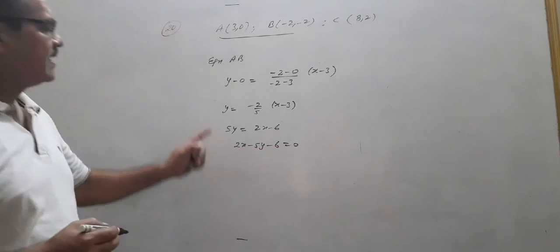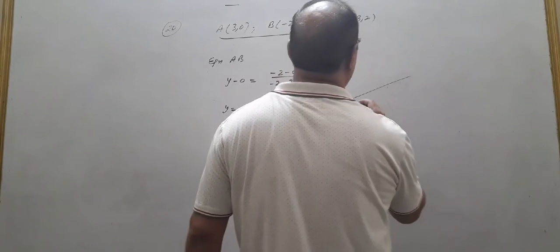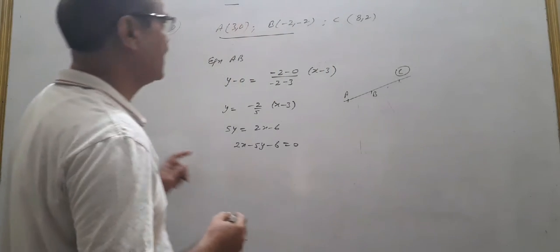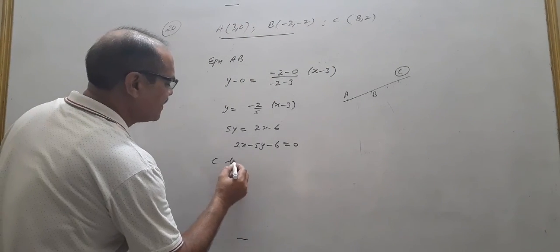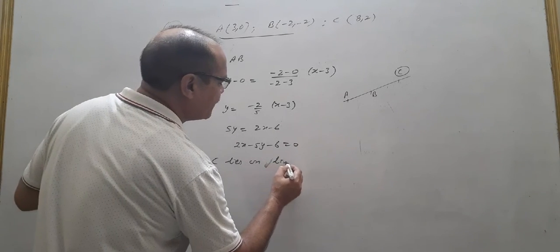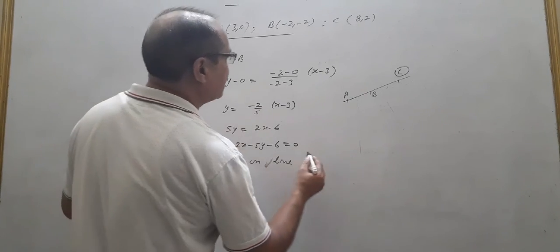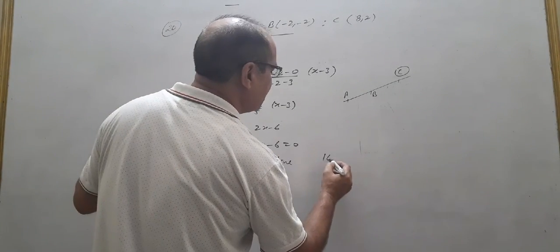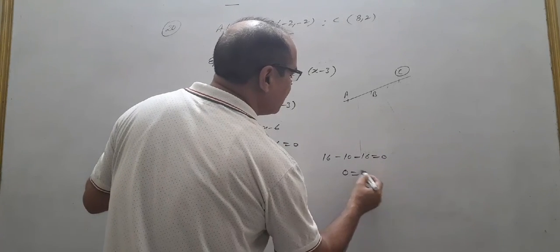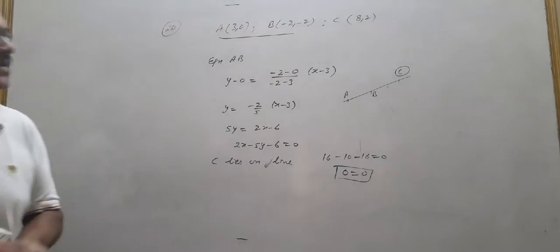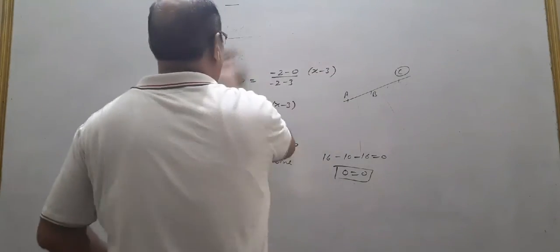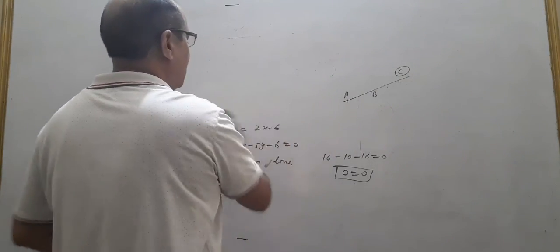Now after getting the equation of the line obtained by joining 2 points A and B, now since they are collinear, therefore the point C must lie on the line. If C lies on the line, because the condition is they are collinear. अगर ये point C इसको line में satisfy करता है तो मैं C के point इसको put करूंगा, satisfy करेगा. That is 16 minus 10 minus 16 is equal to 0. That implies it satisfies, therefore this is the equation of line and the points are collinear. So this is the concept of the line to find the points are collinear.